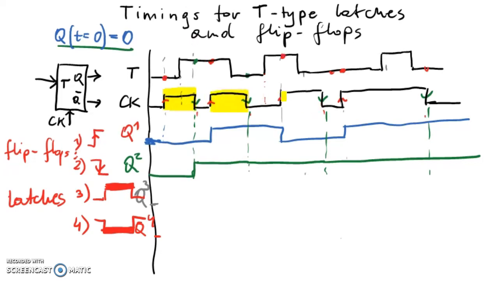Activity periods are when you've got 1 on CK, and in these periods the latch is allowed to operate according to the rule I've mentioned. So let's begin with the initial state: at the beginning of this period there is 0 on T,